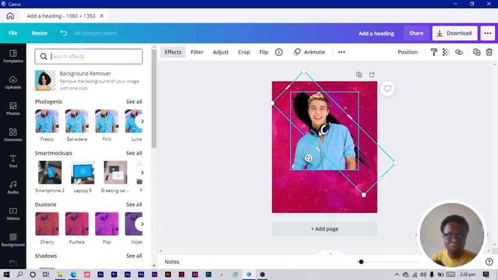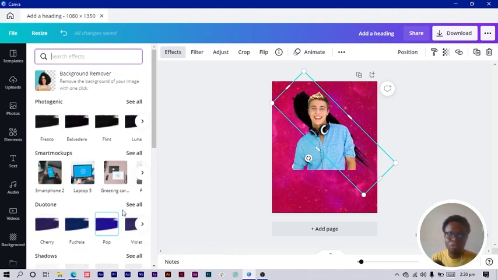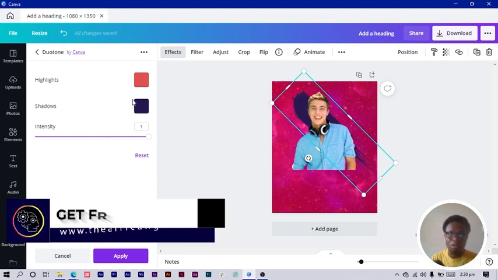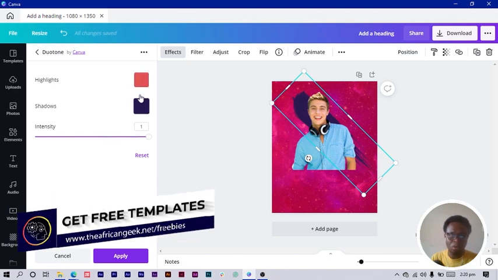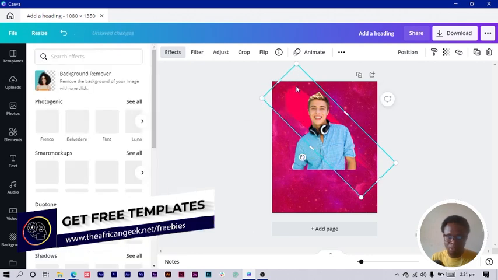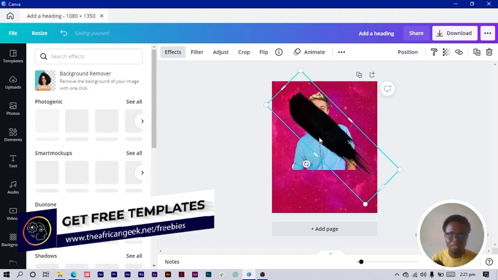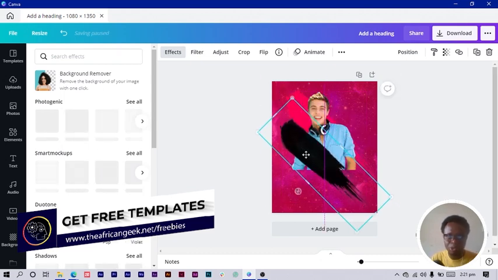Come into effects with the brush stroke selected, go into effects, and you go into dual tone. So the dual tone, there are so many options we have here, but just double click on any of them. And we are going to change the color of these things. So go into shadows, change the color of shadow to something like this. So this is what we have at the moment,